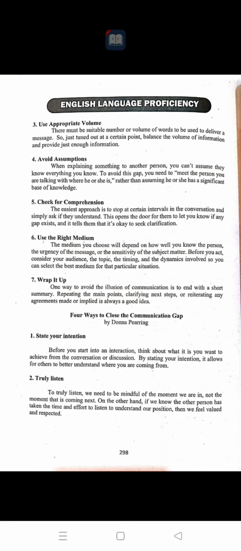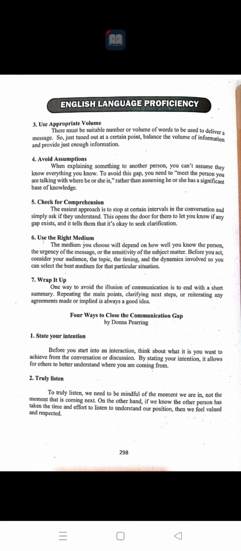When you say medium kasi, it's the language that you will be using. So, in choosing the language na gagamitin mo, you have to consider, can these people understand me pag ito yung gagamitin ko? Or nakaka-relate ba yung mga audience ko if I use these examples? Or kung ito yung situation, makaka-concentrate ba sila? So, you ask yourself those questions in order for you to choose the right medium.